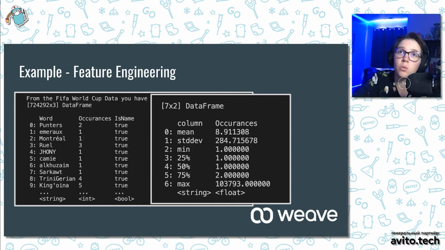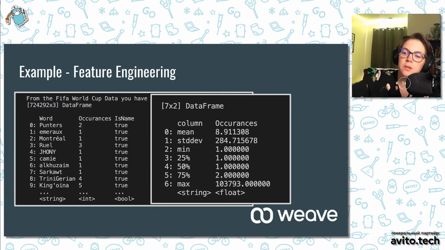Some words occur once, and the median is about 2. So it's very heavily weighted towards the low end of the spectrum with a really high point. Interesting statistics that can help you see that we're not going to have a whole lot of names in there, a lot of individual words.